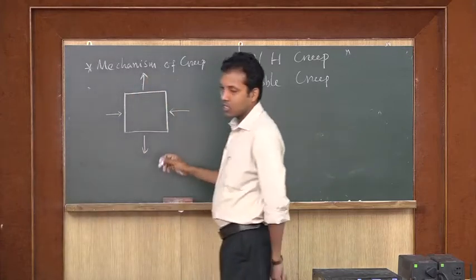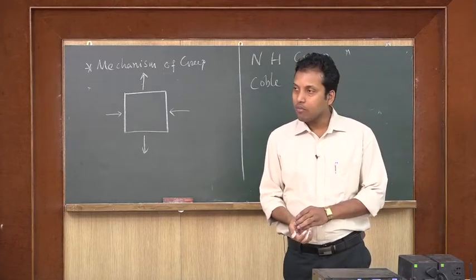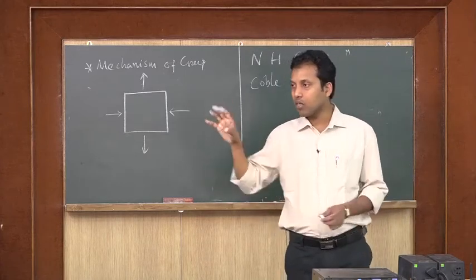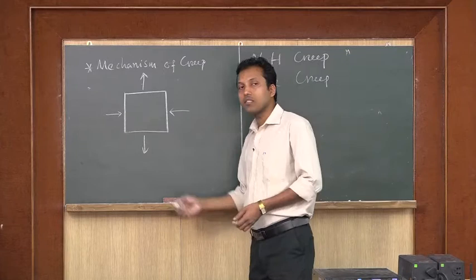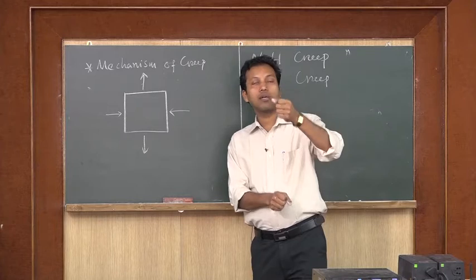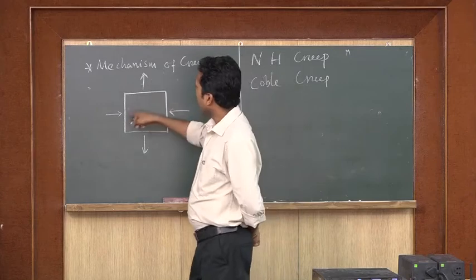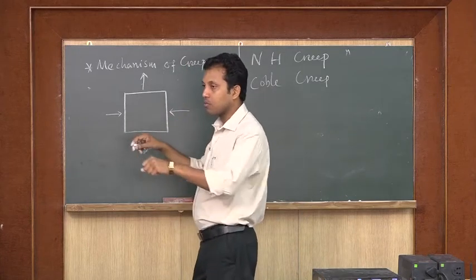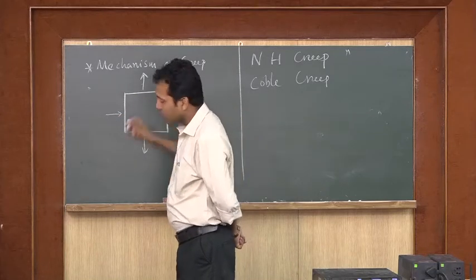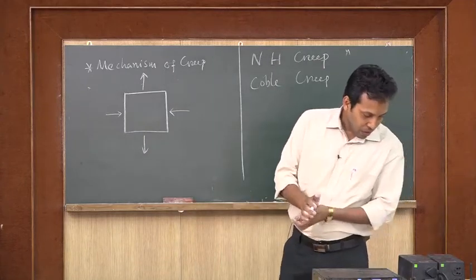Say this is one single grain of a polycrystalline material, or if I am working with a single crystal, then that particular grain in it. Whenever we give creep deformation to this, that means in one direction I am putting some tensile load, and in the other direction we are giving some compressive load, obviously because this is in tensile, so that way it will be contracted. Whenever this kind of situation is there, then what happens inside the material?